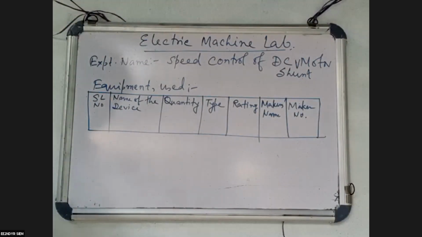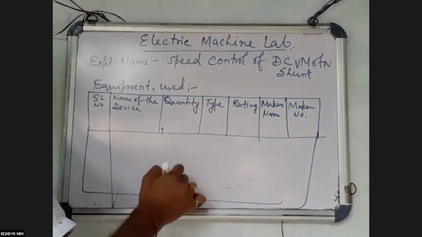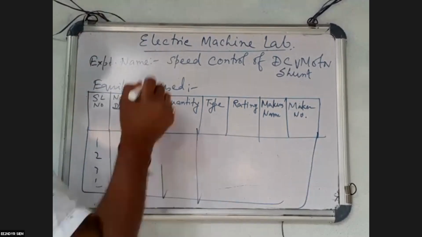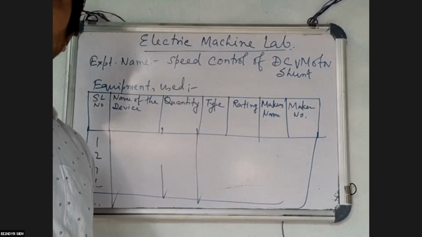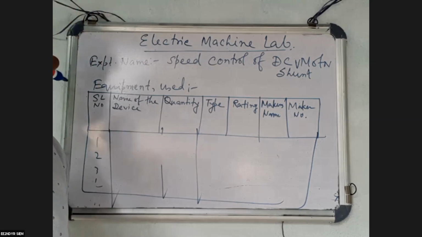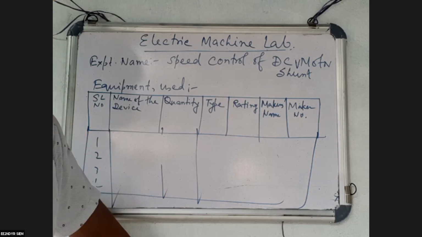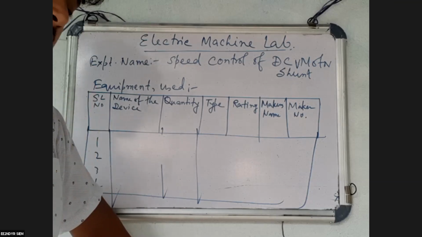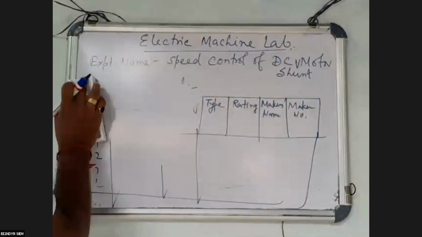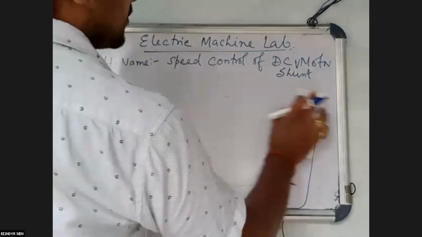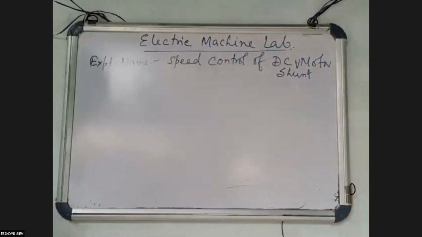Okay, now we'll go for the table. You will make it like 1 2 3 4 like this. So is this table completed? You just write this for your reference. Whenever you go to the college or go for suitable equipments, you can easily note down that thing. Okay, next we'll have some theory part.